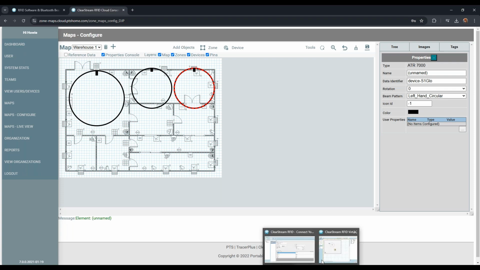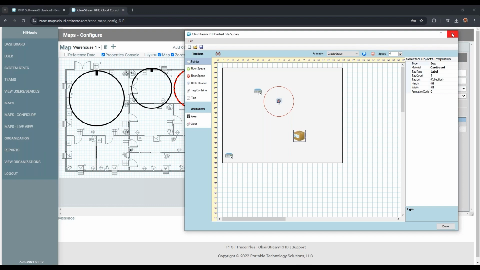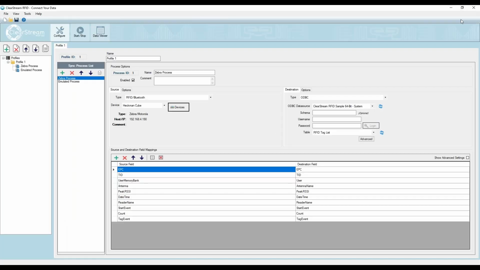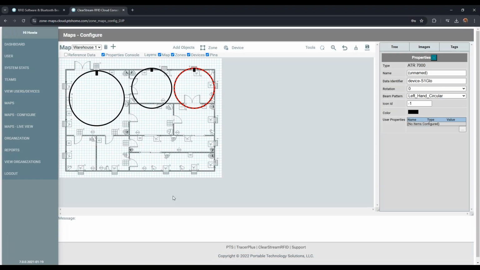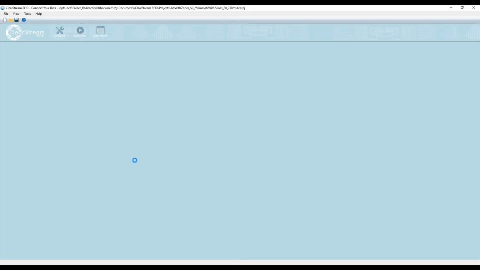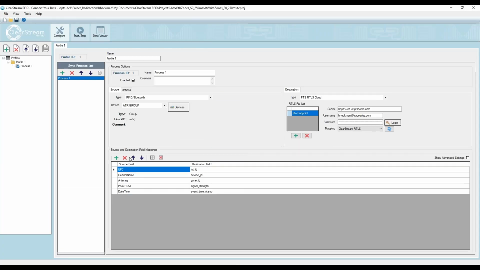I'm going to jump back over to ClearStream because there is a little bit of configuration done on ClearStream. I'm going to close my previous ClearStream out. Now I'm going to open up ClearStream 8. I won't save my project there. ClearStream 8. Now again, this hasn't been released, but will be released with the